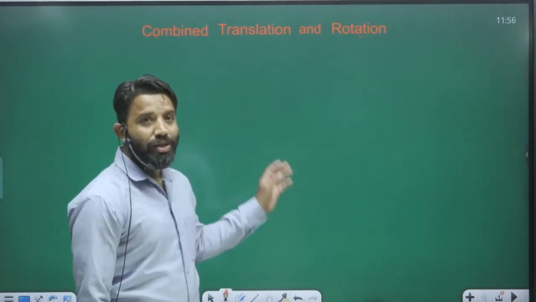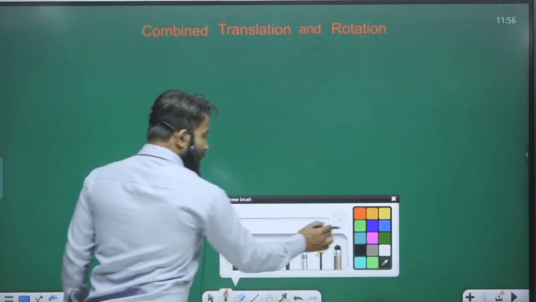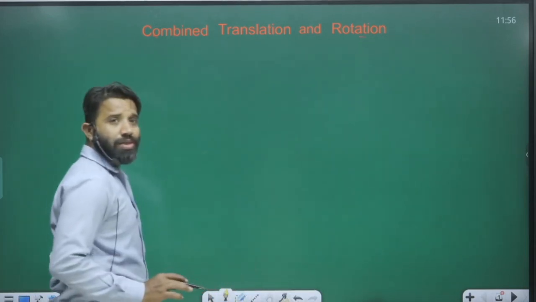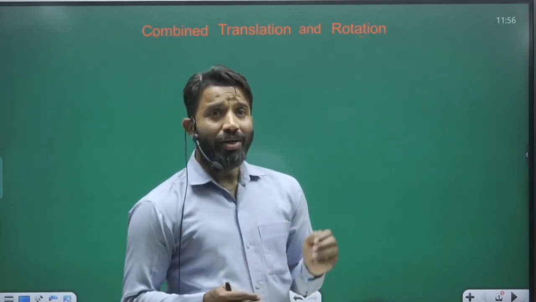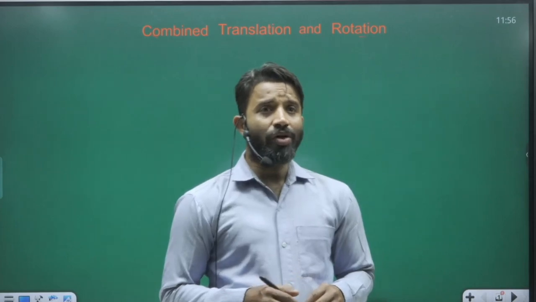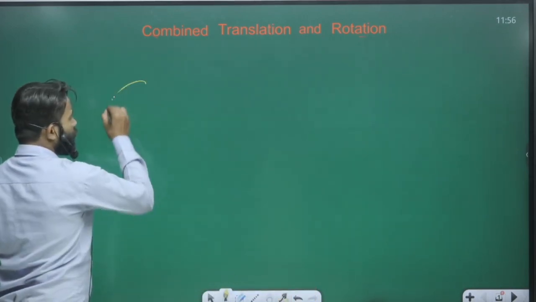So today's topic is combined translation and rotation. In this part we will discuss a body having translational motion as well as rotation. Let us assume a body,